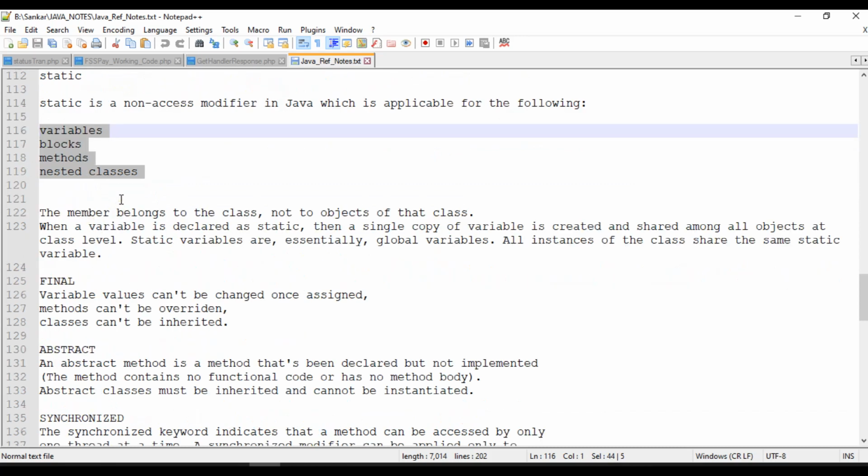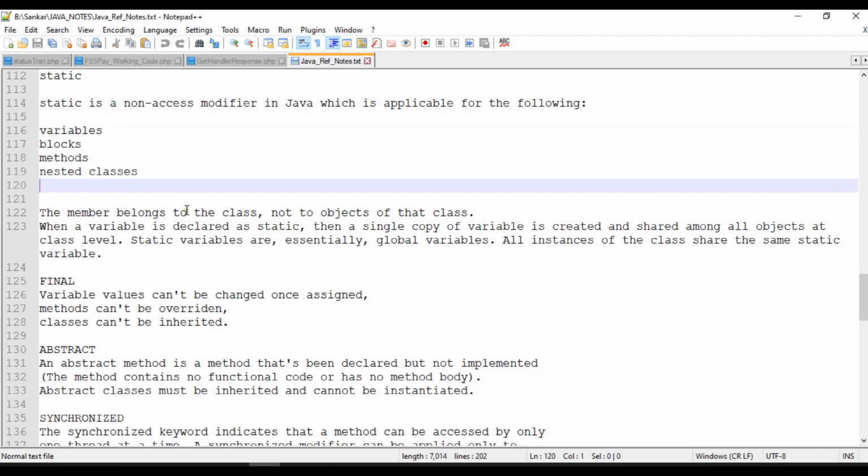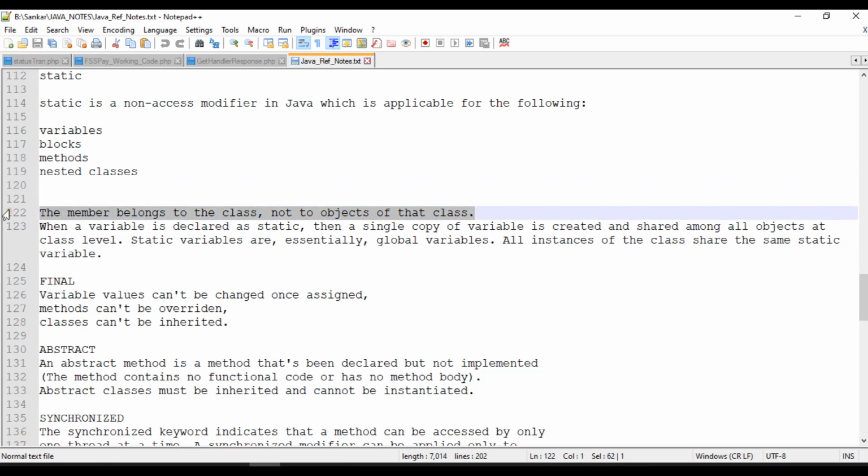So why do we need to use static? First of all, there is a question, right? Why do we need to use static? Because the static members belong to the class, not to objects of that class. It means when you create anything as static, it belongs to the class, not to any object. We don't need to create an object to access the variables or call the methods. So the simple point to remember: static belongs to the class. No need to create an object for statics. If you want to access something, at that time there is no need to create any objects. I will show with an example.